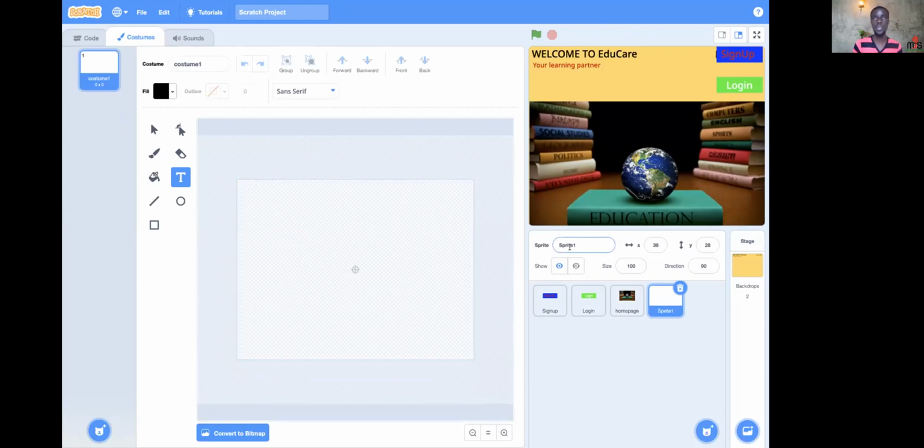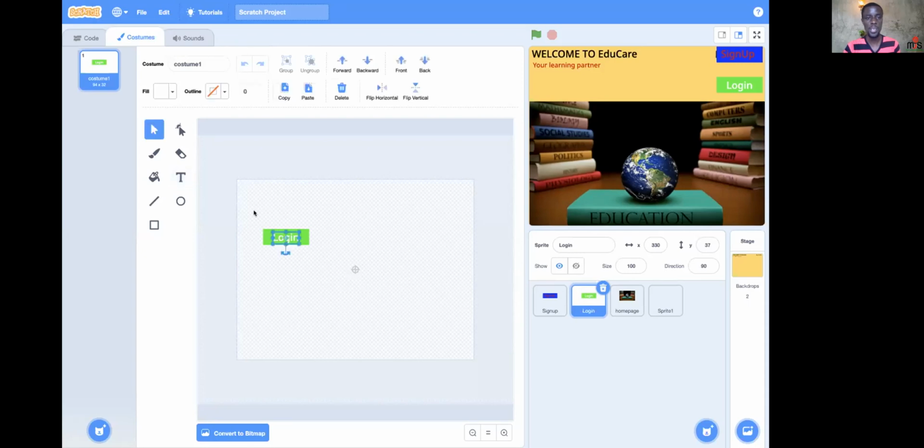So they don't need to leave their account still open for someone to use it. So I come to log in here, and then I just come copy. I click on this arrow here, then I Control A and I copy everything. Then I click on copy. After clicking on copy, I come to this Sprite one and I just click on paste,